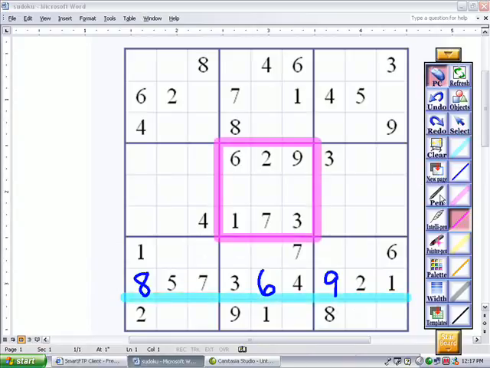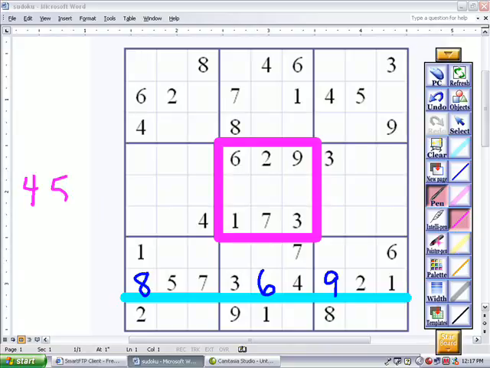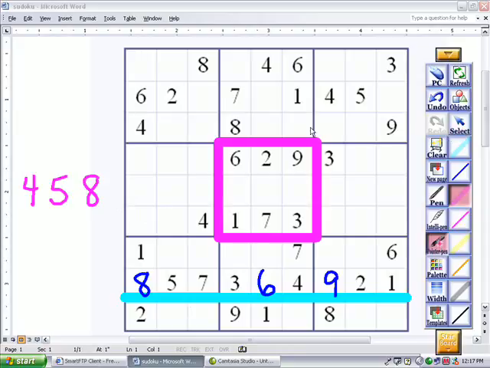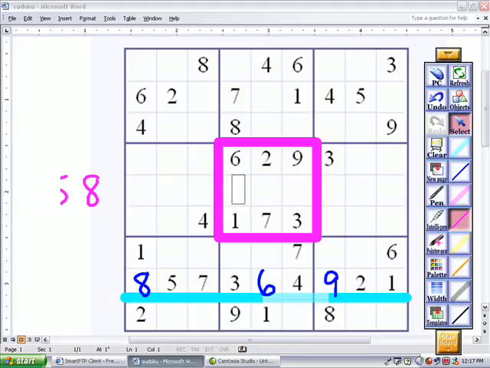Next, I'm going to look at the center square within this puzzle, and I notice that we are missing the 4, and we're also missing the 5, and we're missing the 8. I can tell where the 4 goes because we have a 4 in this center column. We also have a 4 in the last column, and so the 4 has to go in the first empty place. The 5, I'm not getting any information about based on any of the other columns or rows,